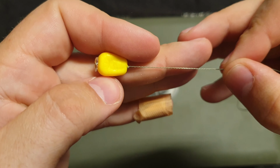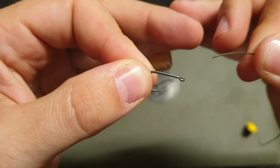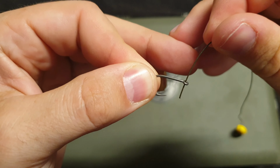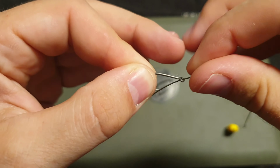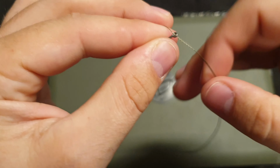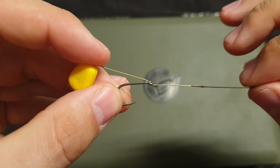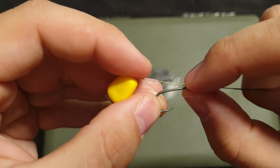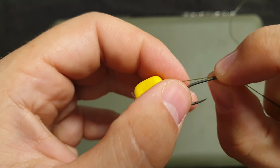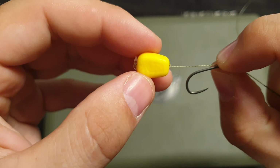So the next step is to stick on a hook. So you take your hook, you want to thread the tag end through the eye, and it has to be going this way. So thread that through, pull it up, and then you should have something that looks like that. Now this part where you're just going to gauge how far you want the bait and the separation from your hook